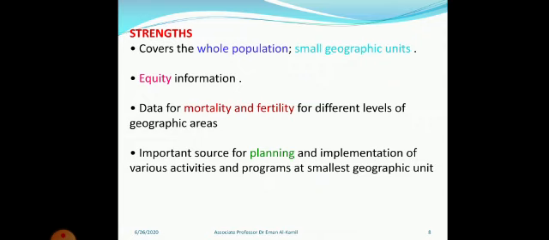Also, it provides data on mortality and fertility for different levels of geographic area, and it is regarded as a source of planning and implementation of various activities and programs for the smallest geographical area. So it gathers information about the population as a whole,